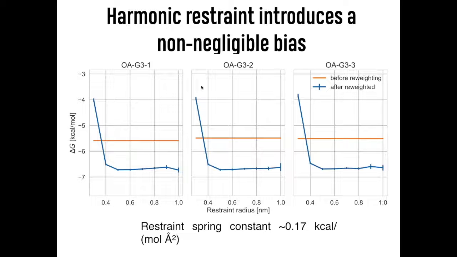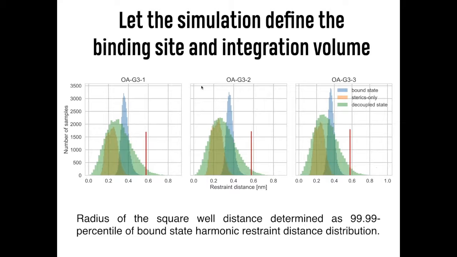It's nice to see a plateau. This is what we expect here, but the choice of a cutoff is still an arbitrary choice. So we try to make it as less arbitrary as possible. The good news is that it doesn't matter that much, but we adopted this strategy. We are basically selecting the 99.99 percentile of the restraint distance in the bound state. So the idea is, if it's a well-behaved simulation, like in this case, where the guest doesn't leave the binding pocket and remains there,